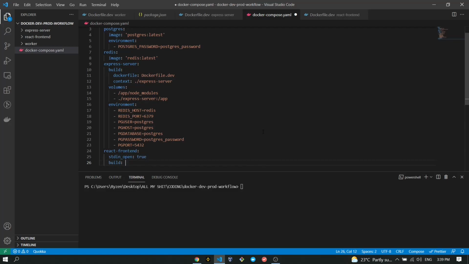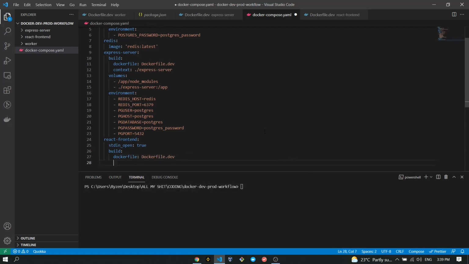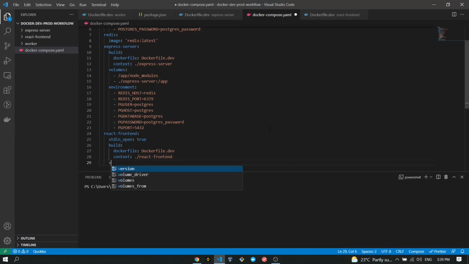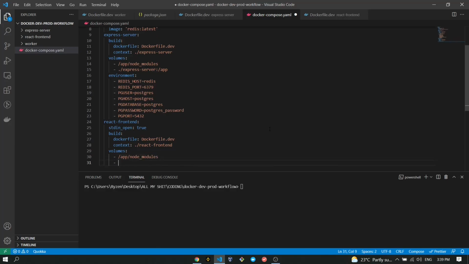Next, it is going to have build with dockerfile of Dockerfile.dev and context of ./react-frontend. Then volumes are going to be /app/node_modules and ./react-frontend